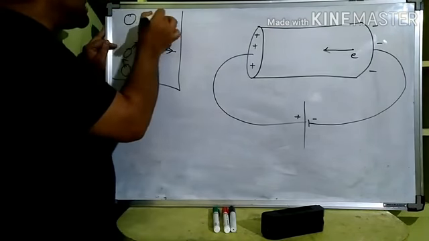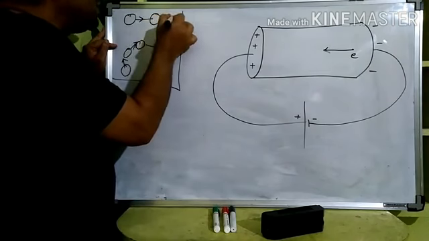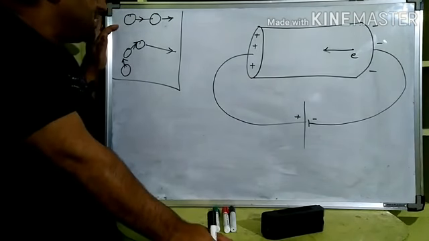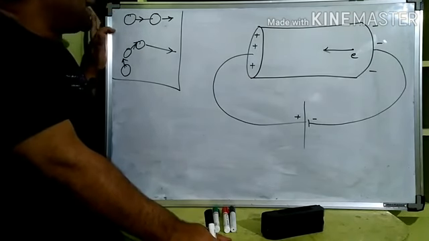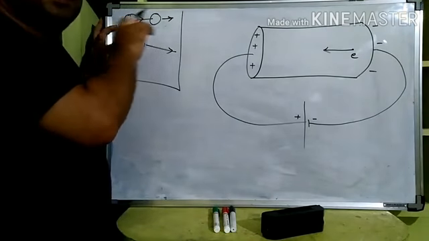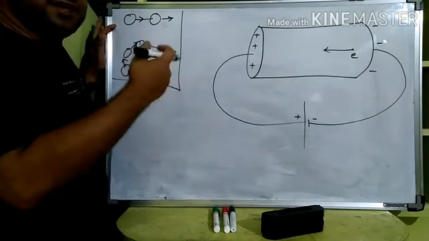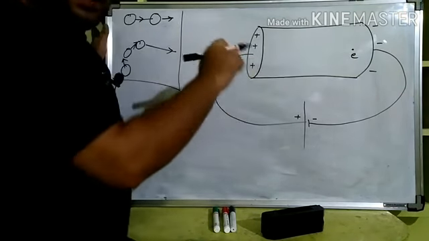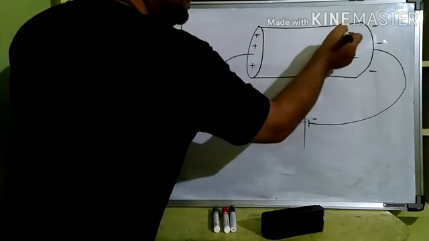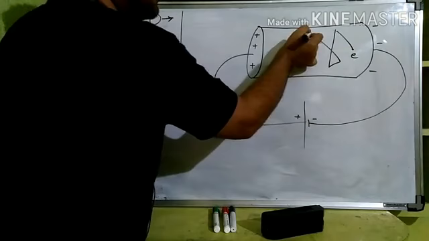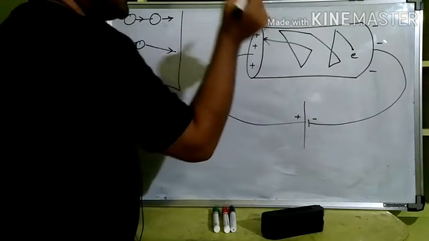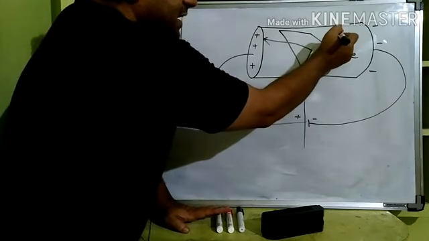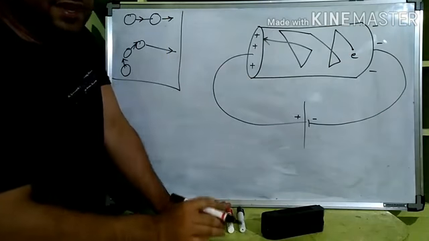Only when the collision is head-on, then after the collision also the direction is not changed. That's called head-on collision. However, out of infinite chances, there is only one chance where it will move in the same direction. Otherwise, the change in direction will occur. These electrons will hit some other electron, then again change direction. Let us say it's going like this. Whenever it hits another electron, it changes its direction.